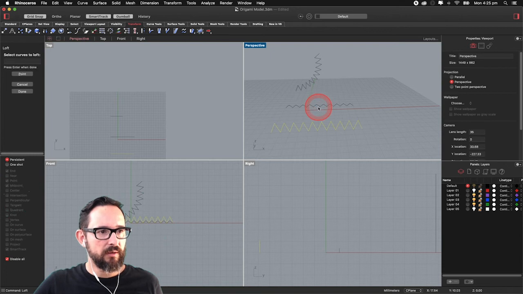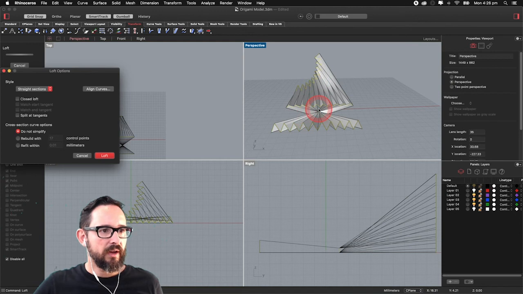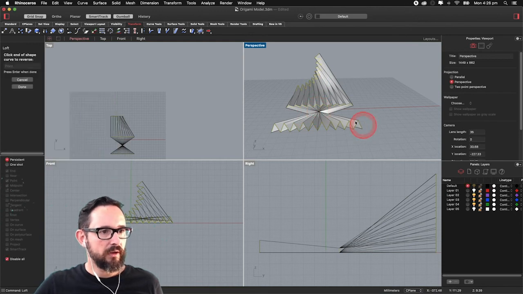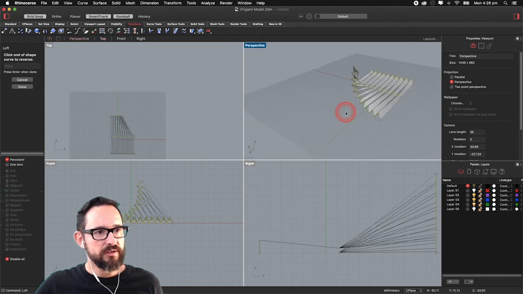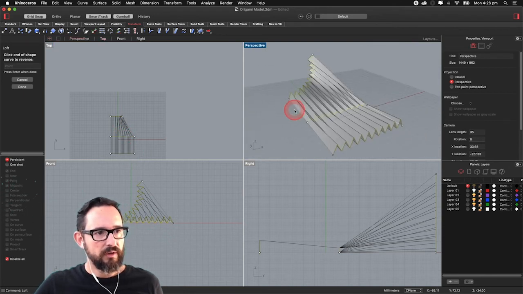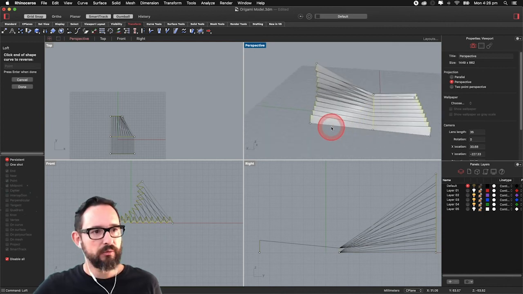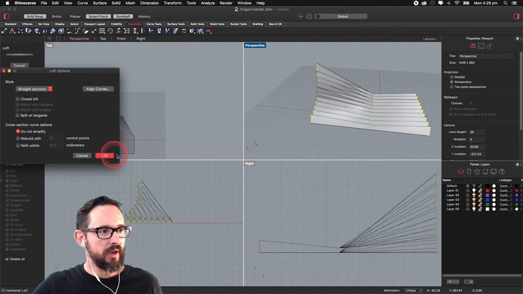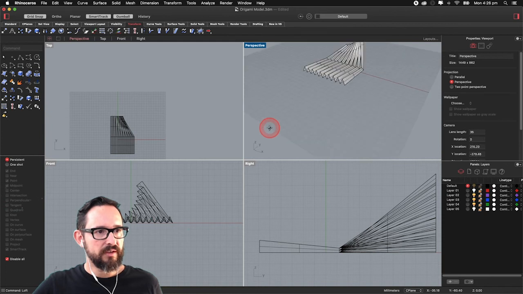Again, everything can be modified afterwards, if you still have the curves. Again, I mixed up the starting and ending points, so I'm going to click on this one. Okay, so now it's starting to create that fold, which pleases me, but I want to give that a bit of a twist. I can actually do it on the other one, so I'll do it like this, press loft, okay, and in order to make it a bit more complex element, I'm going to add this curve,